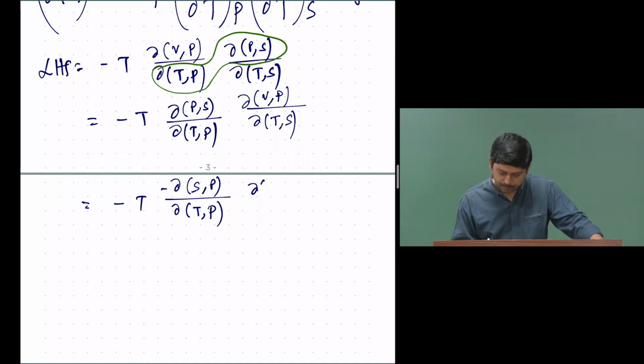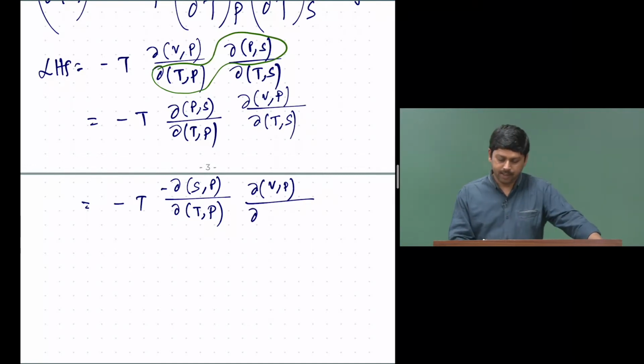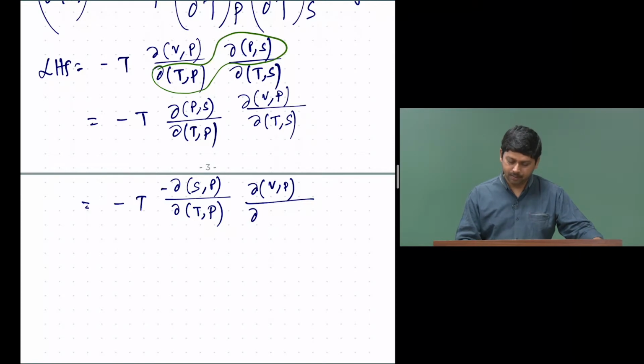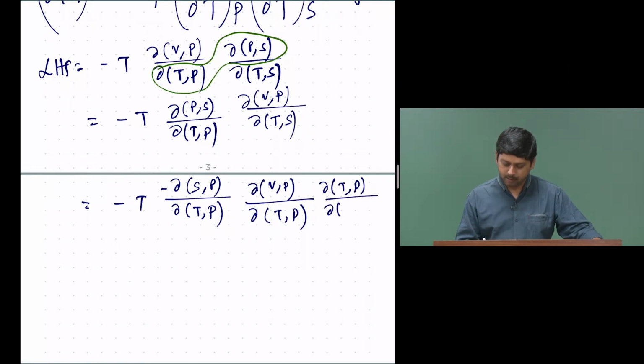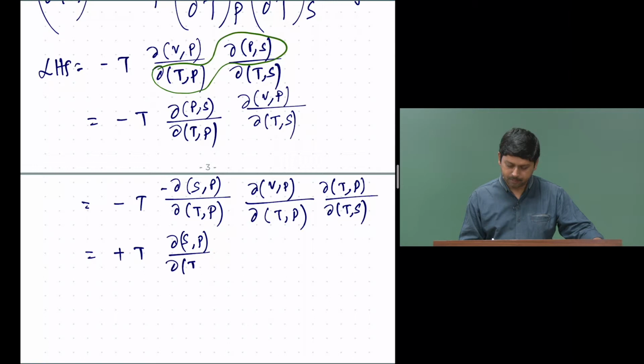So, we can say it is V P by del, what can you take, T P, yeah, we can take T P, and then we can multiply that with T P and it will be T S. Okay. So, now what we get, minus minus plus. So, plus T del S P by del T P, which is going to give us C P already,